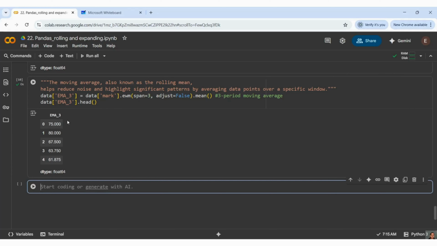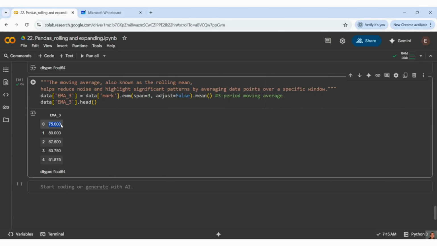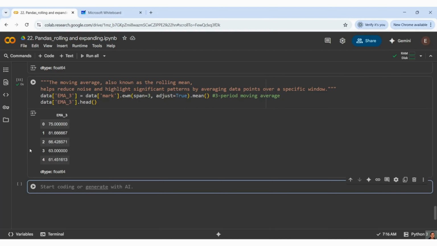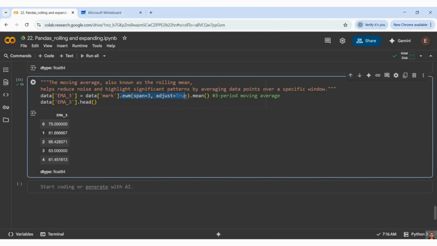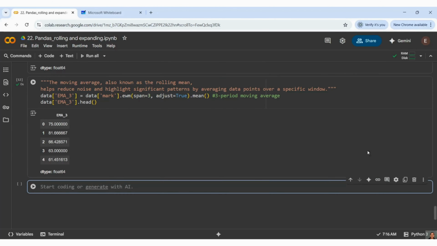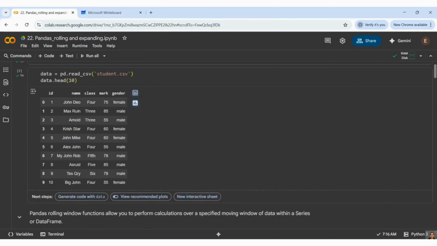You can see it is calculating all these values exponentially, and if I set adjust equal to true, it is again calculating exponentially. It's an exponential method. This is how it is calculated. So this is how we have completed our rolling and expanding.